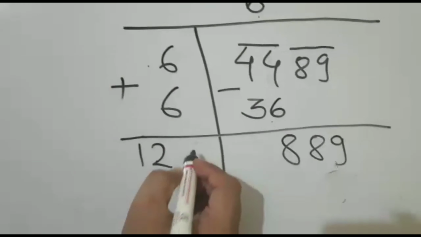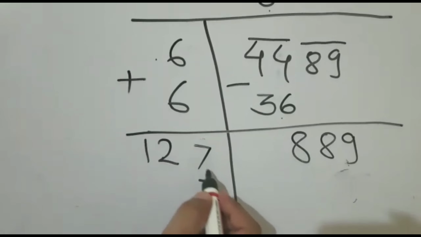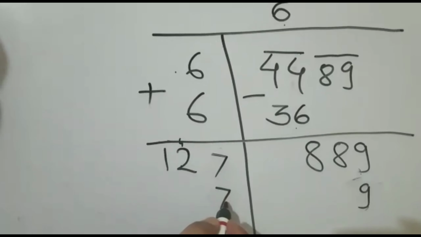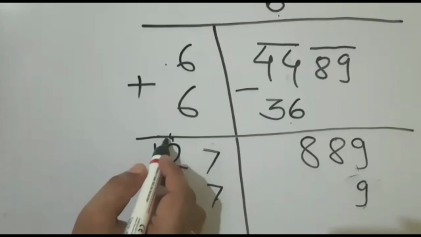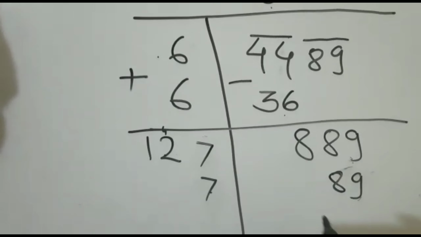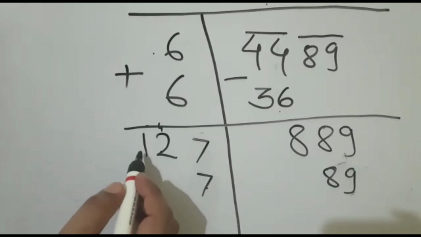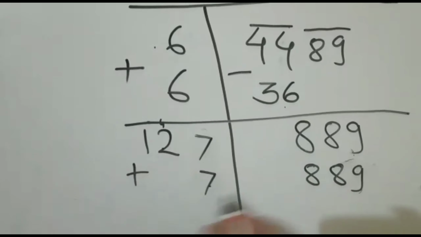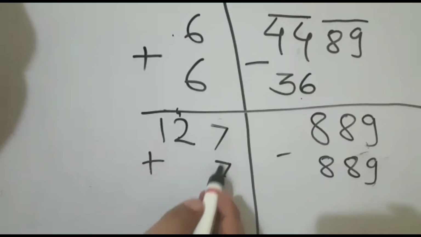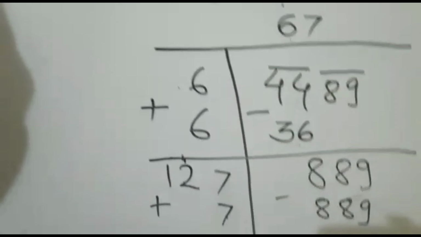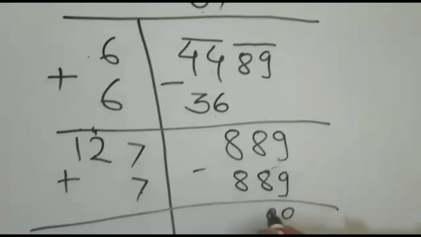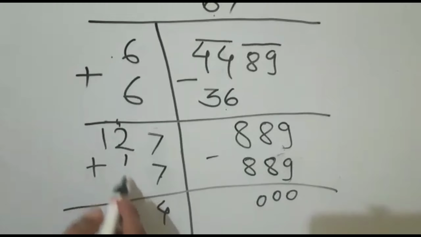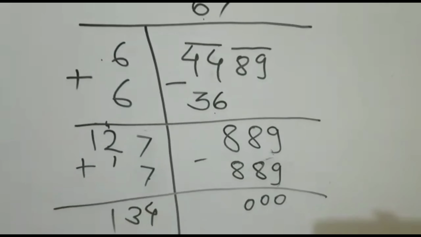Then we will take 7 here. 7 into 7 is 49. 4 carried here. 7 into 2 is 14 plus 4 is 18. Now it is coming, and 7 ones are 7 plus 1 is 8. Here make addition, here make subtraction, and the divisor is 7. Now make subtraction, here it becomes 0. 7 plus 7 is 14, carry 1, 2 1 is 3 and 1 is 34.